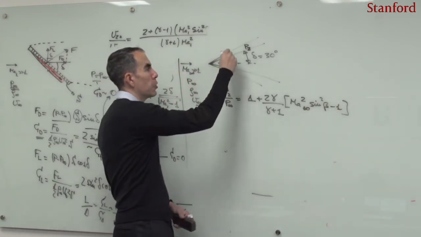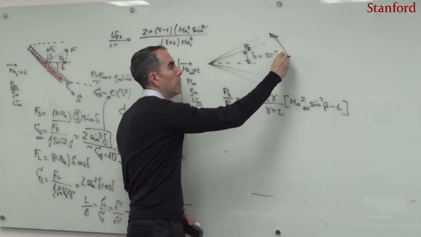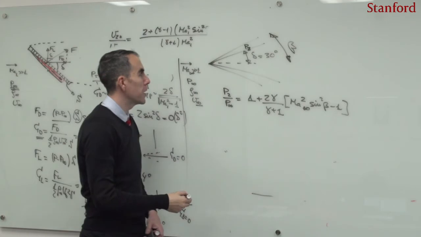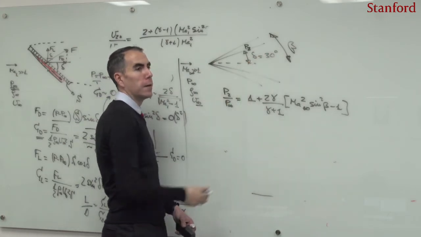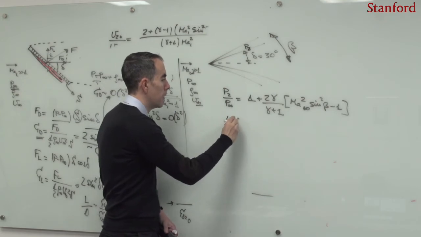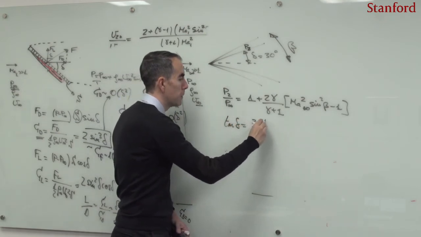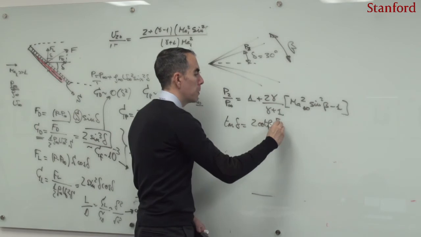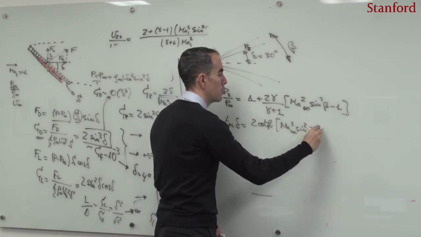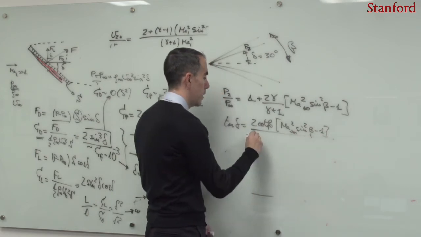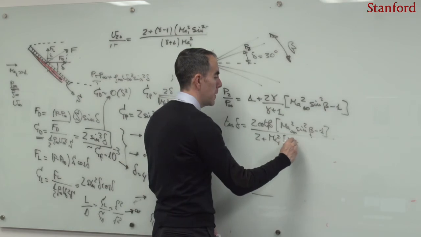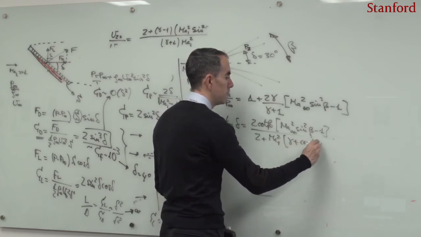In this case, this angle beta here, as we know, is going to be a solution of the problem. So the solution of the problem is obtained by imposing this streamline deflection angle and by using the relation of tangent of delta is equal to twice cotangent of beta multiplied by Mach infinity square sine square of beta minus 1 and divided by Mach infinity square multiplied by gamma plus the cosine of 2 beta, plus 2.